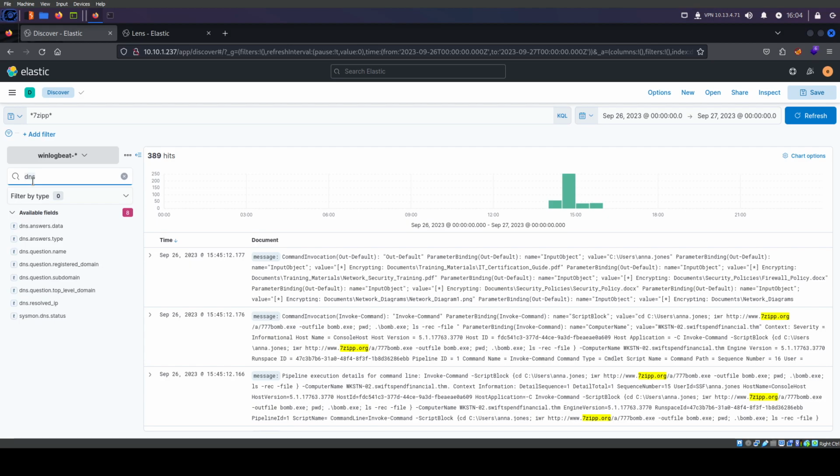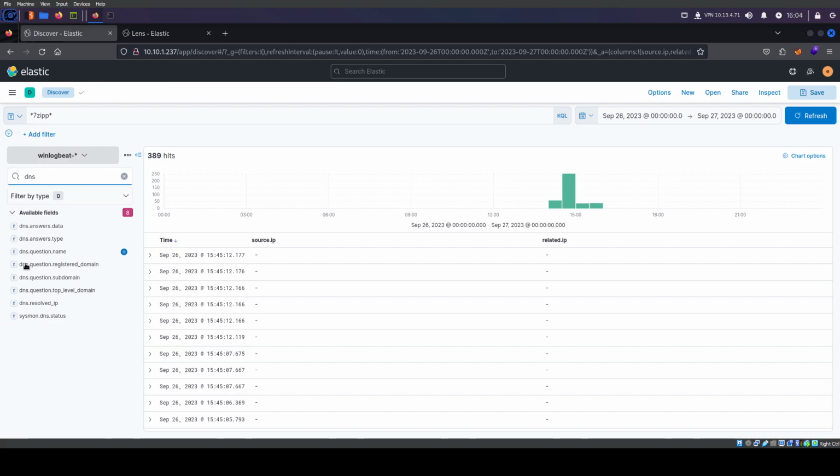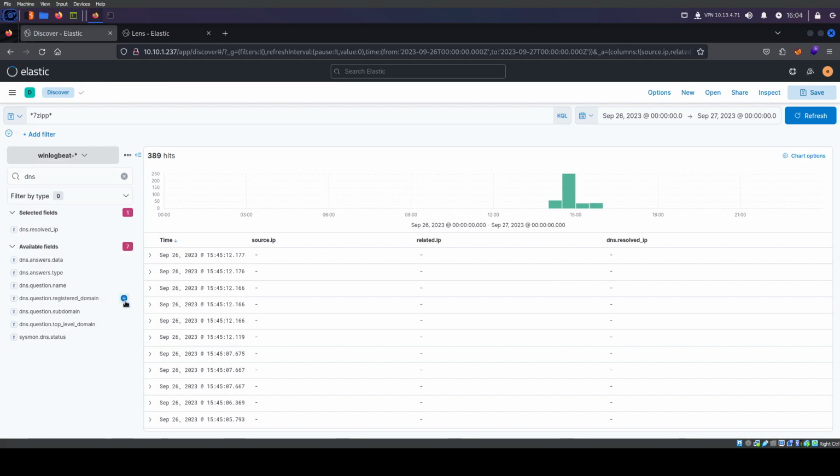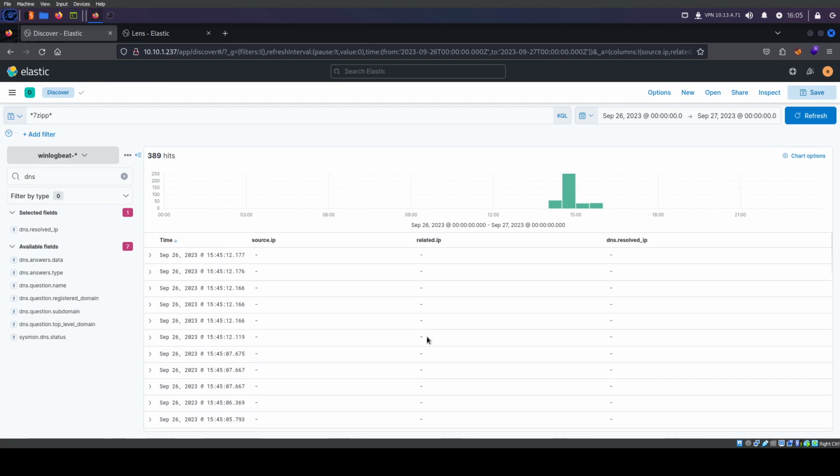When you're searching for IPs, try IP and a lot of these, like source IP, related IP, because these could be not the host IP, but also try DNS, like question name, resolved IP. See, I found the IP address that I needed, but as you see, the other two don't have anything.